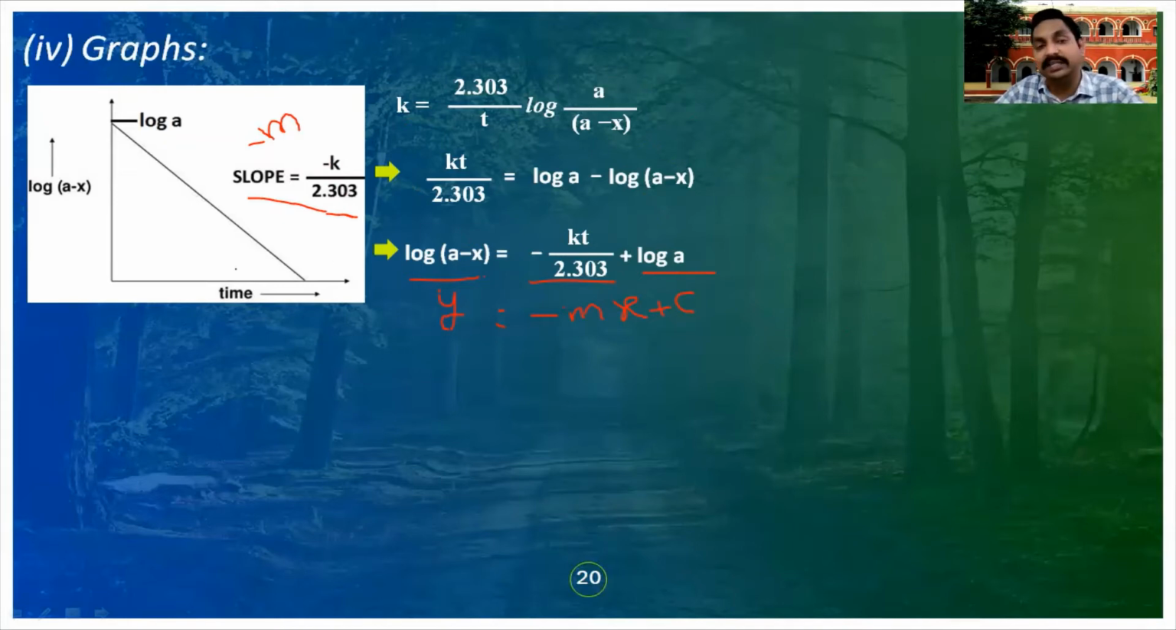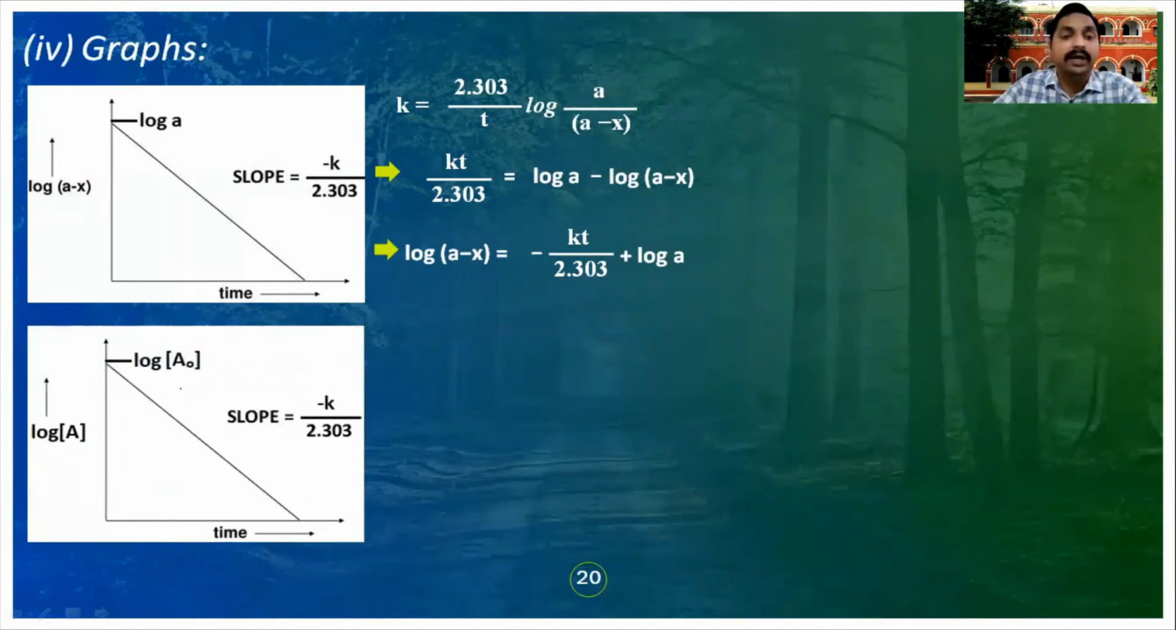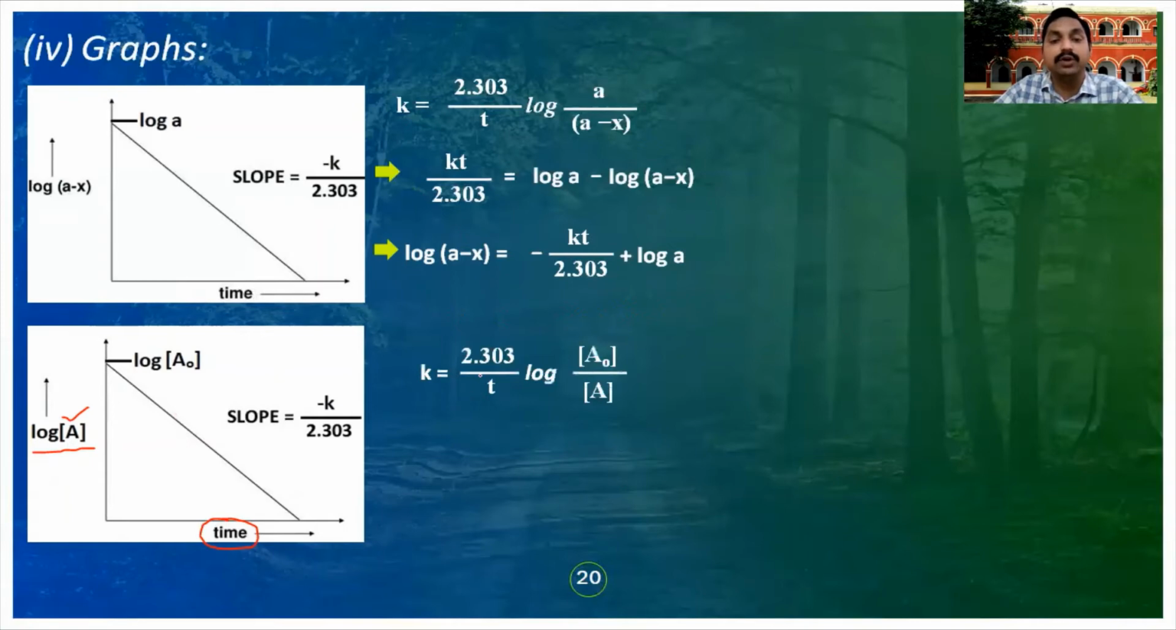Now let us see another graph. Here the graph is between time and log a. So what is the concentration of a here? Concentration of a at time t. For this again we will take the rate constant expression. K is equal to 2.303 by t log a naught divided by concentration of a. Same as we have drawn above, same thing here. So if you bring t towards the left hand side and 2.303 towards the left hand side denominator, we have